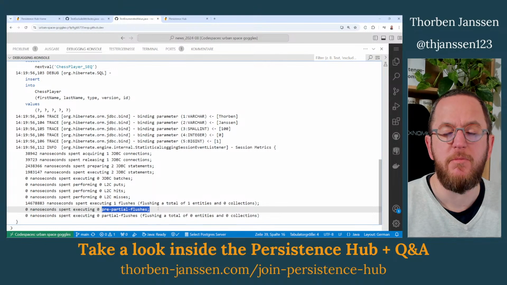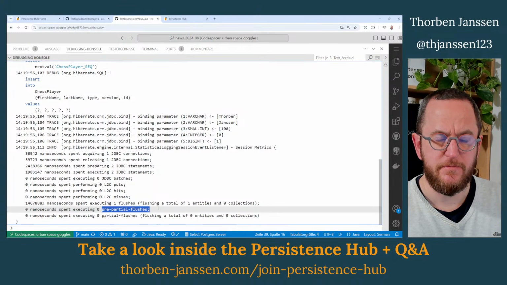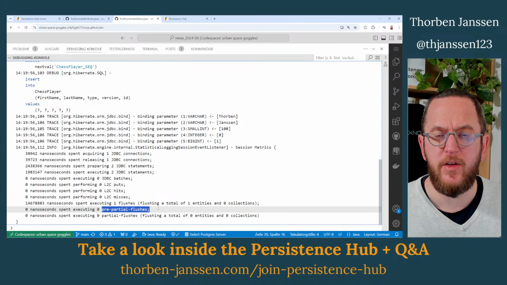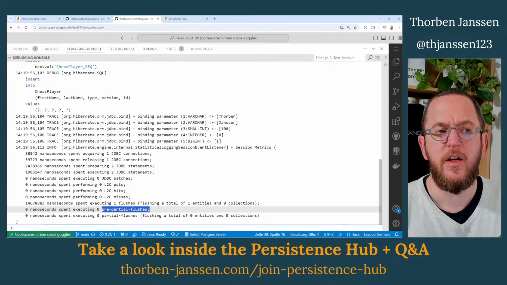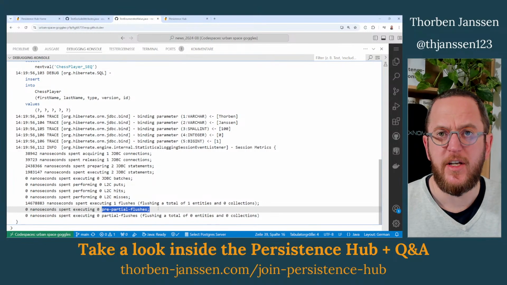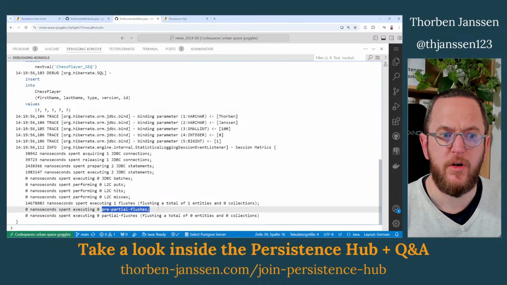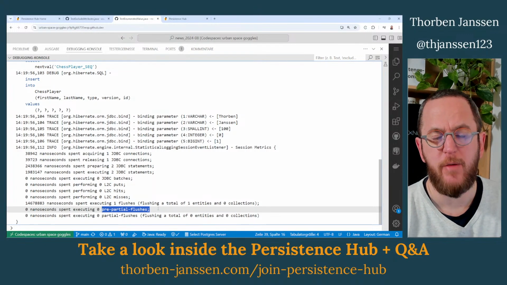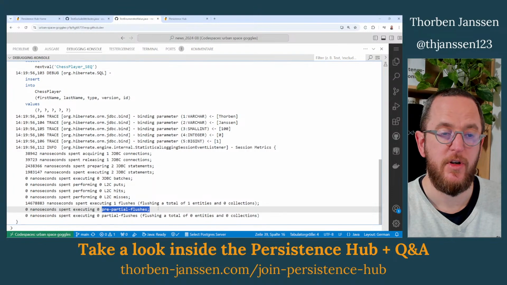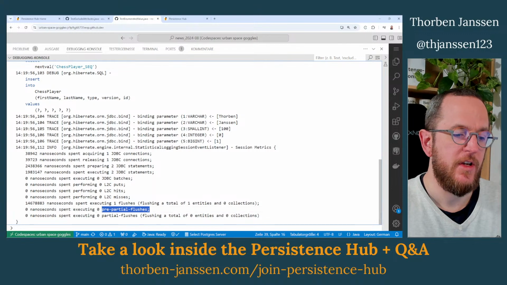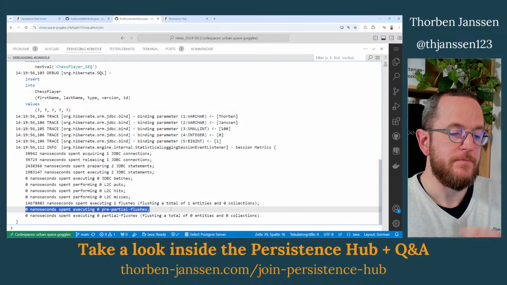And during that time, it determines which entities are relevant for that query. Are there any lifecycle operations that have to be cascaded to other entities and stuff like that? So a lot of preparatory work that has to be done before Hibernate can actually perform the flush with checking the changes and writing it to the database. And that is written here.